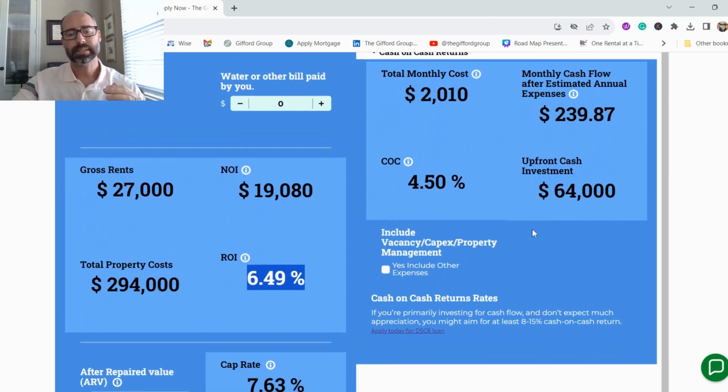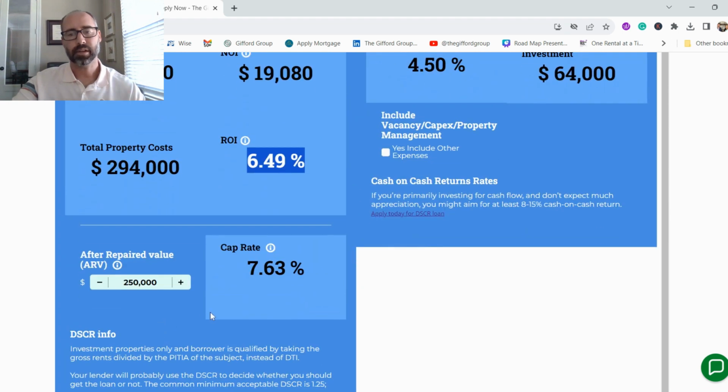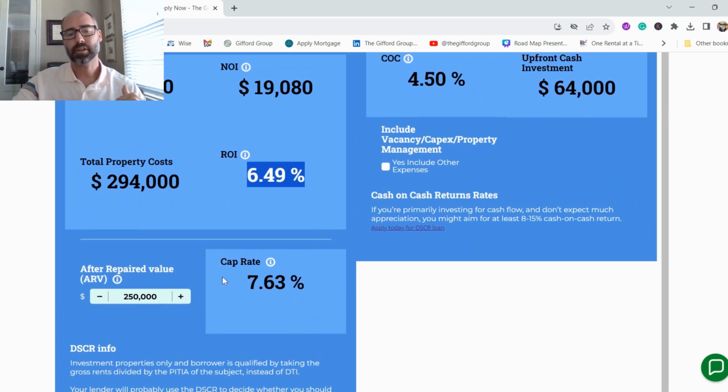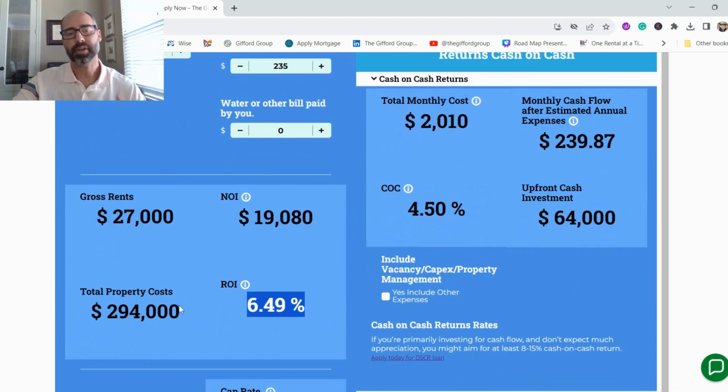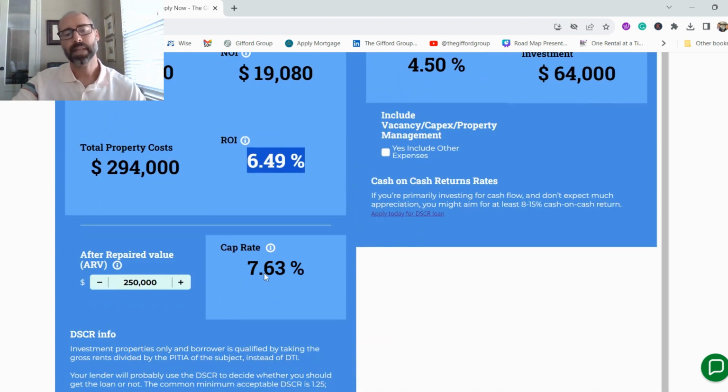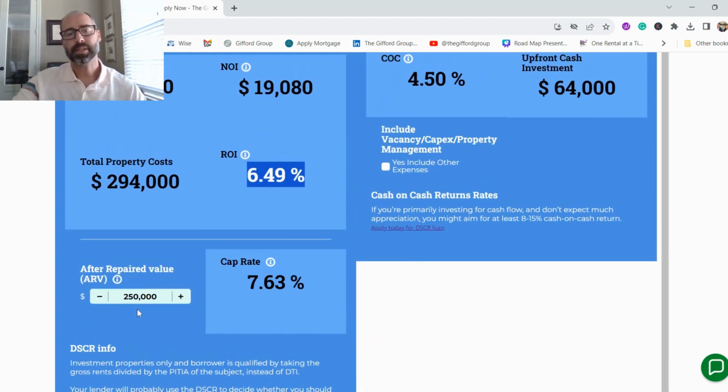So I did include that, and also did include a cap rate calculation because some people look at cap rates. The cap rate is going to be based on your NOI, your net operating income, over the current market value. So I included the ability to put in ARV, or after repair value. Assuming you're purchasing the property and then doing some repairs, driving up the value, that would tell you what your cap rate is based on your rents over the actual value of the property,